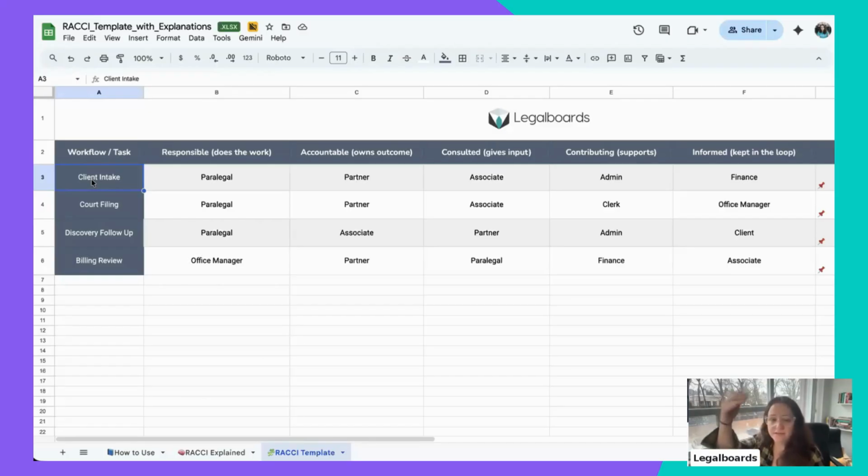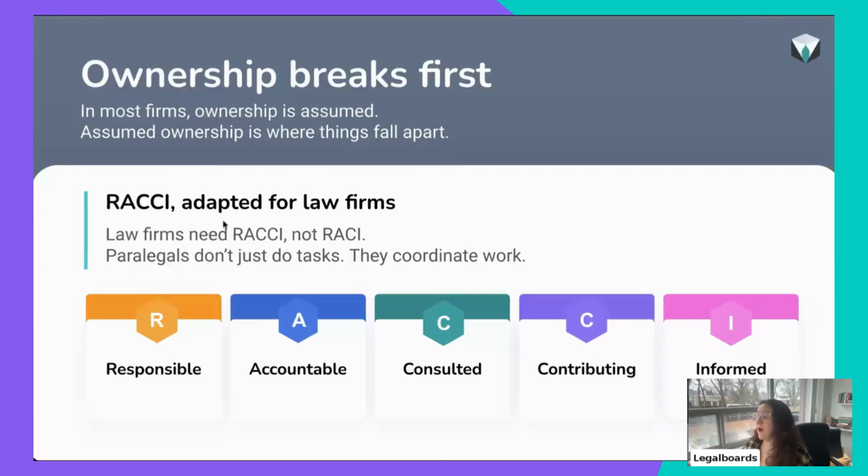Like you have to gather information from clients by the deadline. You have to review the information getting from admin to the paralegal 2 days later. So this is how you can break down the steps of your workflow. This is how we are mapping the ownership.